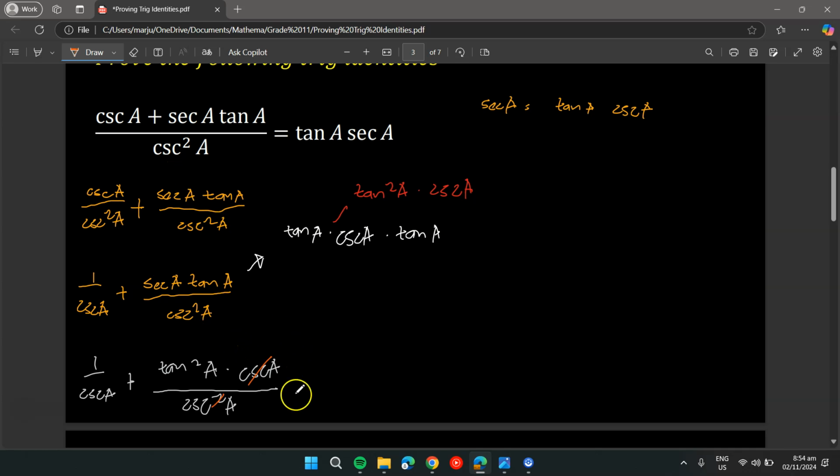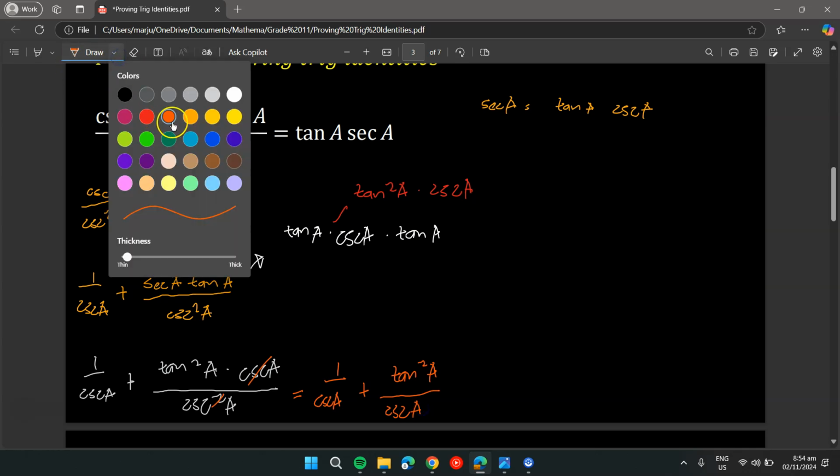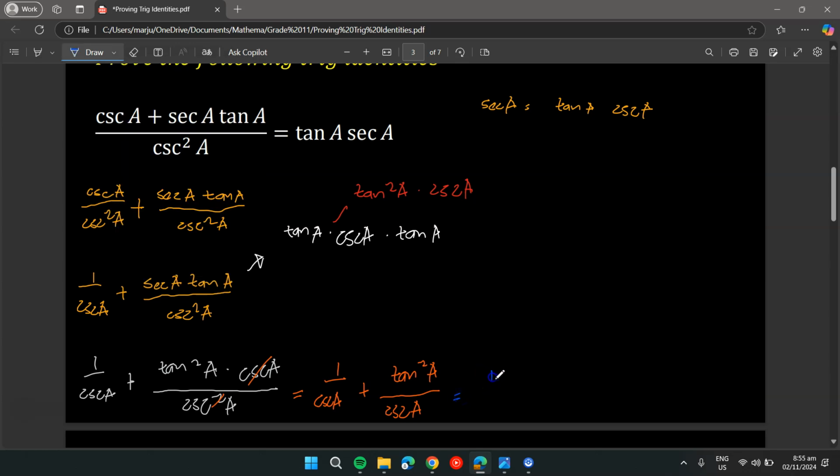So I have now 1 over cosecant of a plus tangent squared of a over cosecant of a. Notice that we have a similar fraction, so I'm going to combine the two fractions. So I will get 1 plus tangent squared of a all over